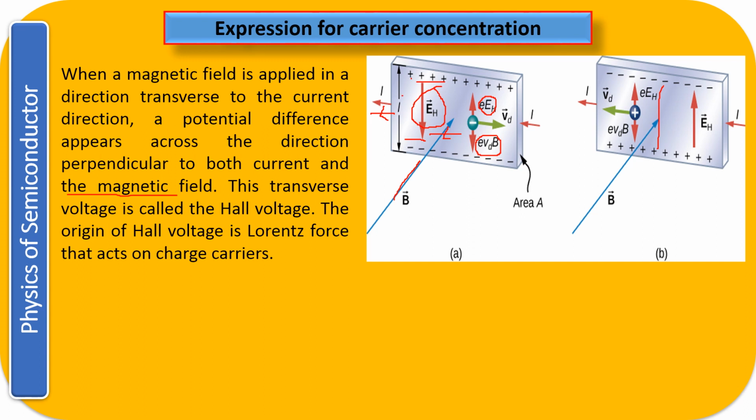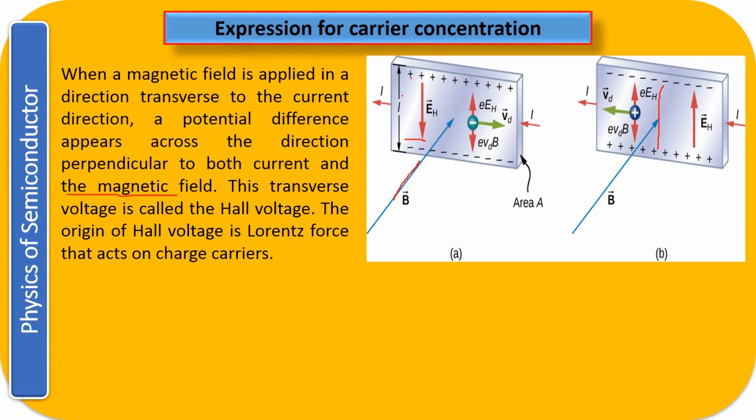The electron will make a trajectory like this, and the moment the value of E_H and this E, V and B is going to be equal, it will stop there. So in this way they are going to stop at the end. At the end of this they have stopped, and in this way a charge has got separated.